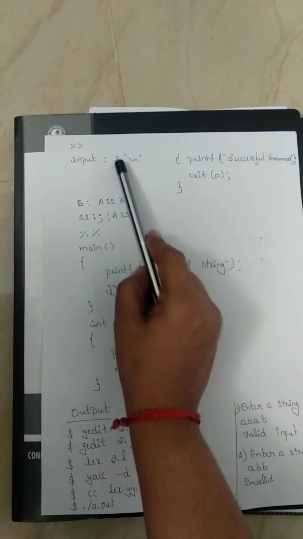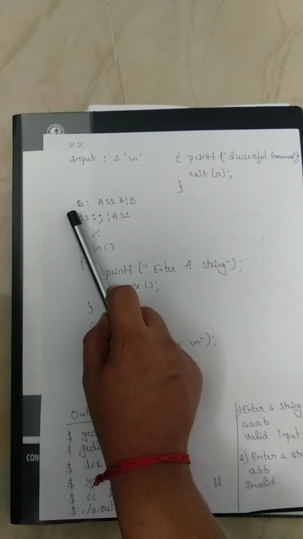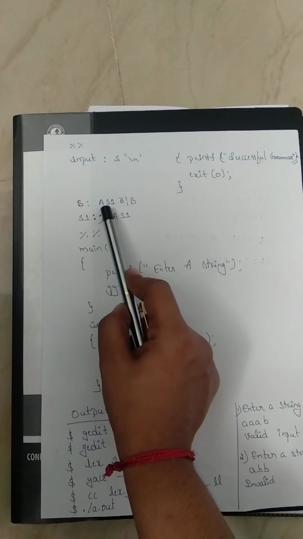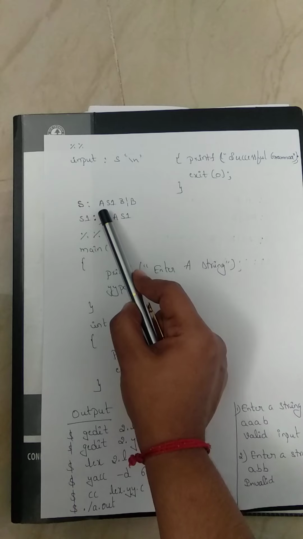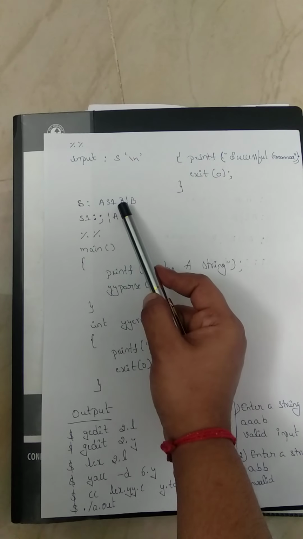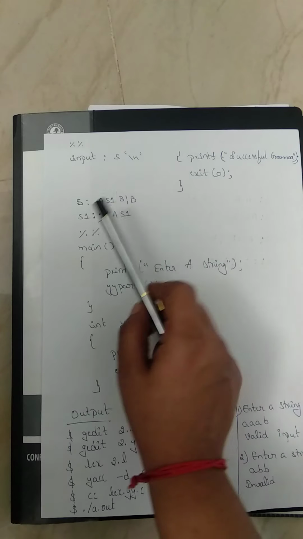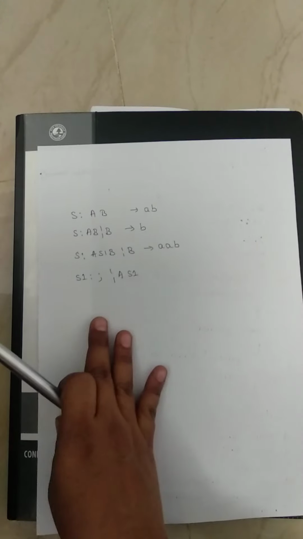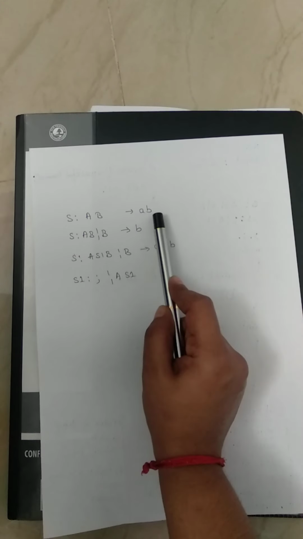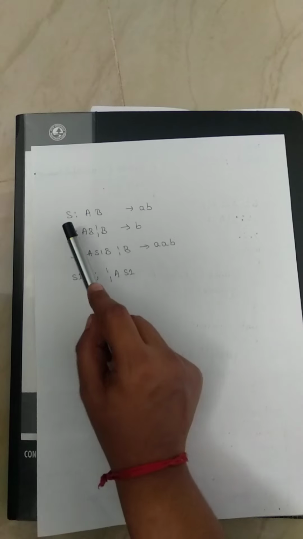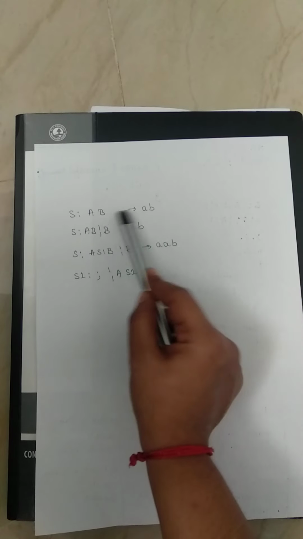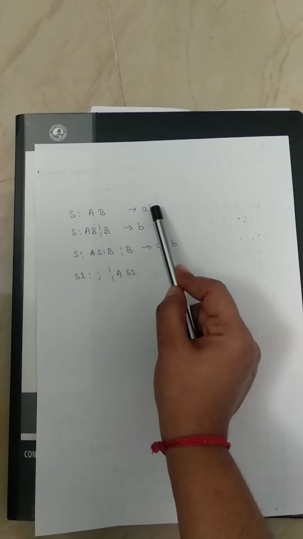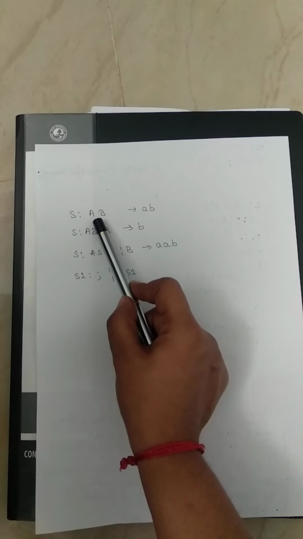Okay, so now what does this S take? As asked in the question, S can take n number of A's followed by a single B, that is the grammar given in the question, right? So how is it written, let's see here. If my input is A followed by B, then the grammar can be written as S colon capital A followed by B, right? If this is the input given by the user, then this grammar holds good.